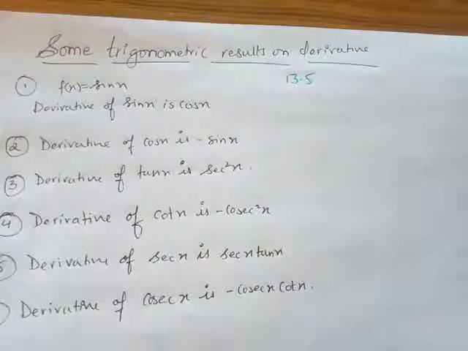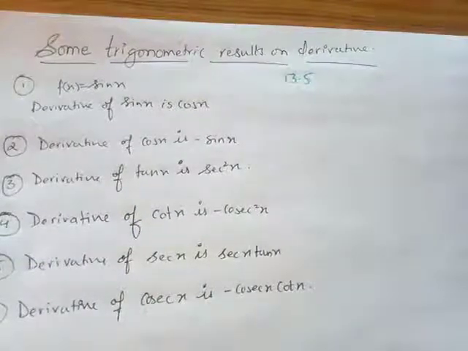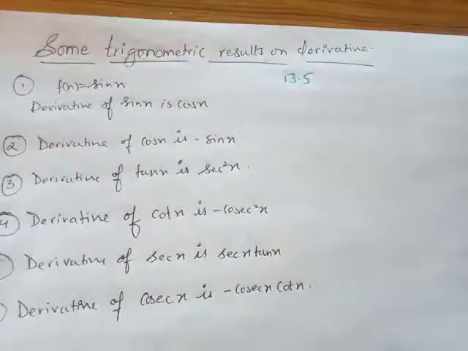Because the earlier part was without trigonometric identities, without trigonometric functions, but in this I will be learning the derivative of some trigonometric functions, the results that we are going to get. I'm going to prove one or two of them, but not all of them, so that you can understand where this came from, or it didn't just fly from the sky and come down in your books suddenly. So you should know how this formula came about.